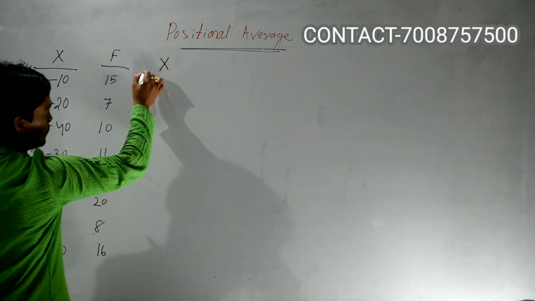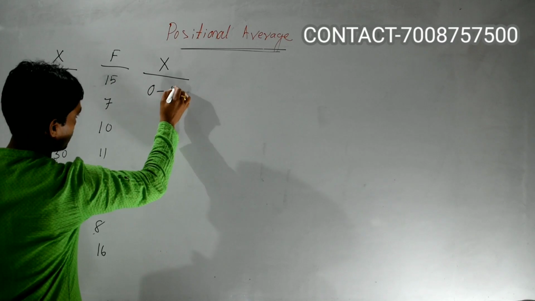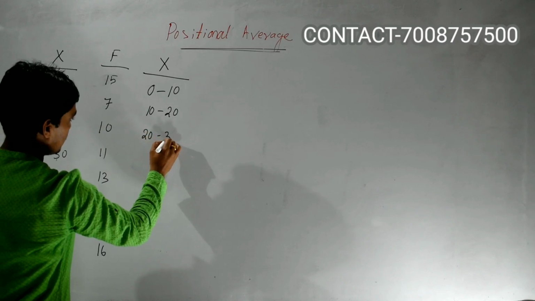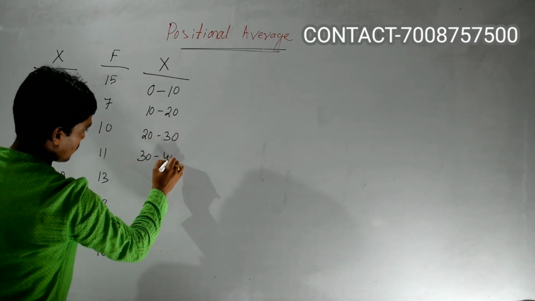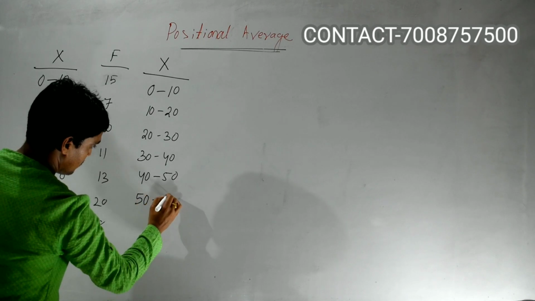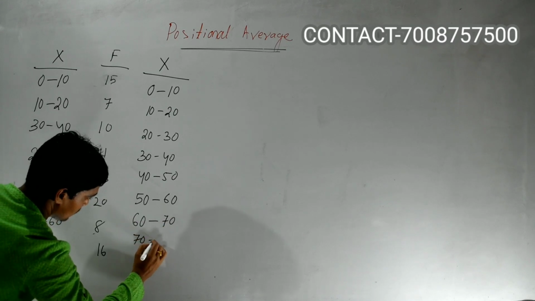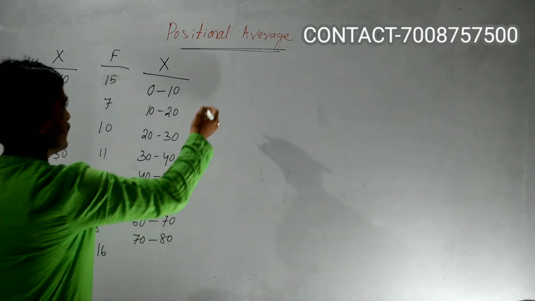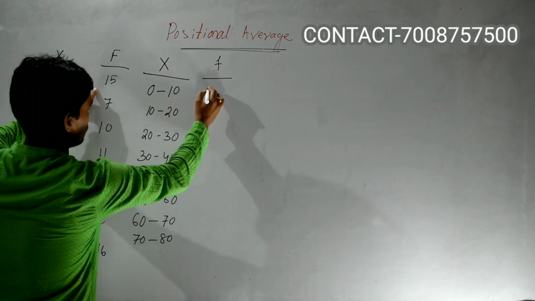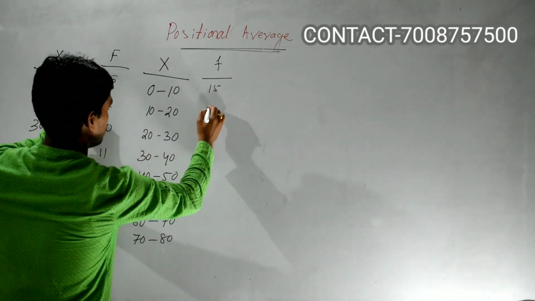That means we have to arrange the series as 0 to 10, 10 to 20, 20 to 30, 30 to 40, 40 to 50, 50 to 60, 60 to 70, 70 to 80, and their respective frequencies are: 0 to 10, frequency 15, whereas the frequency of 10 to 20 is